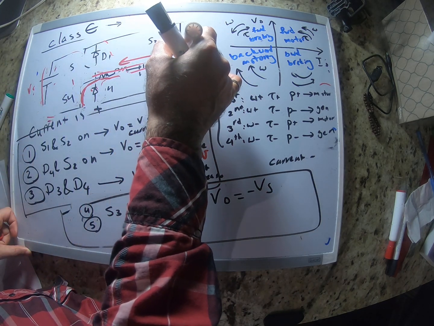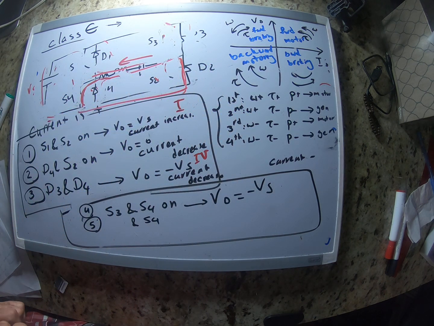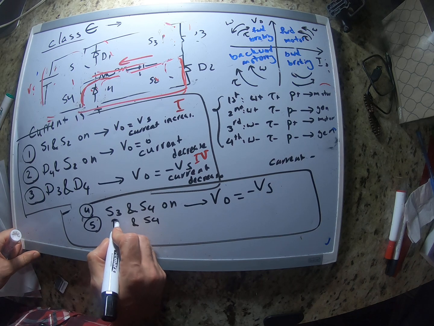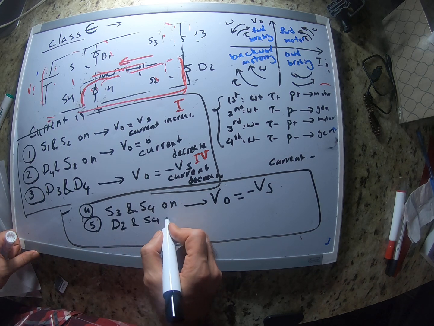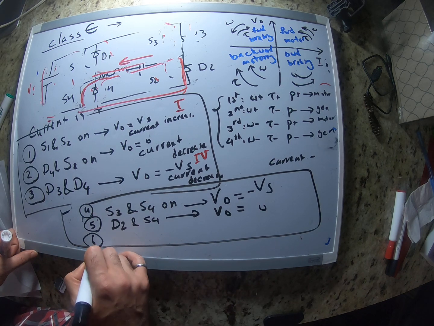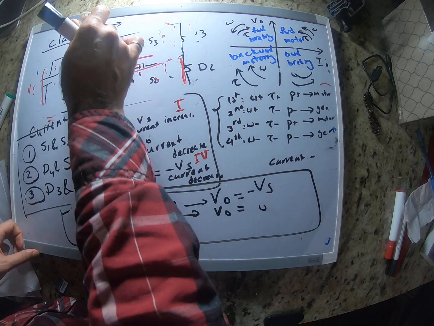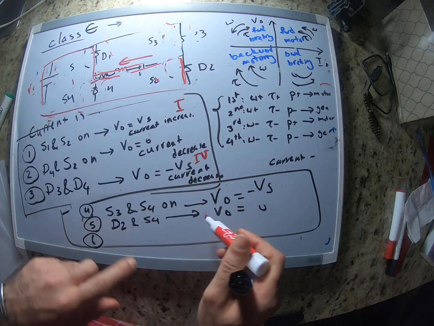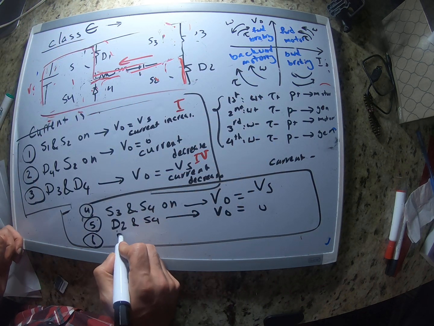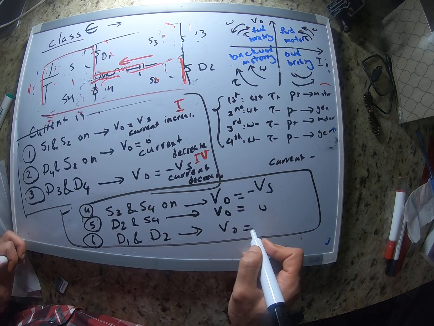This current is going to close itself through D2. So D2 and S4 are going to conduct the current, and VO becomes 0. And finally, again, we would have D1 and D2 on. So both S3 and S4 go off, D1 and D2 will be conducting, and then VO becomes equal to